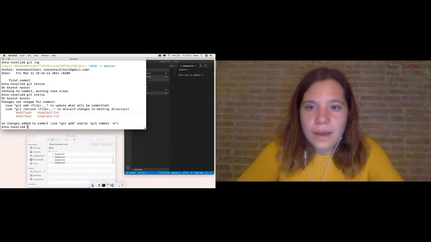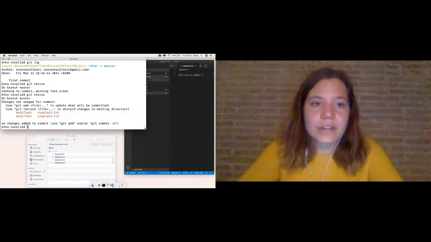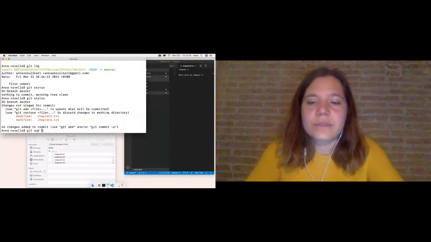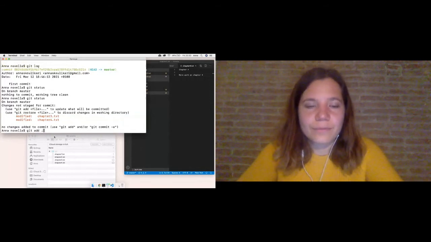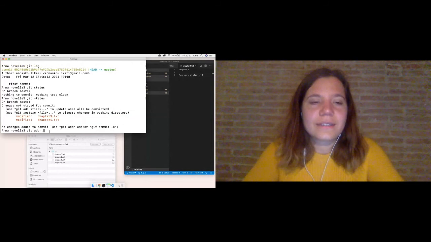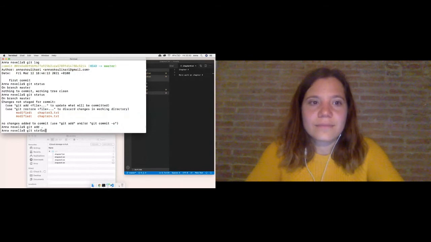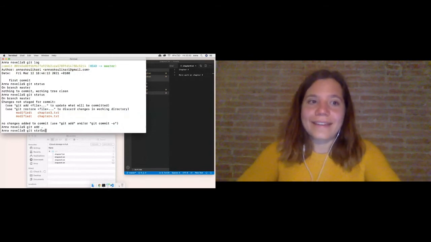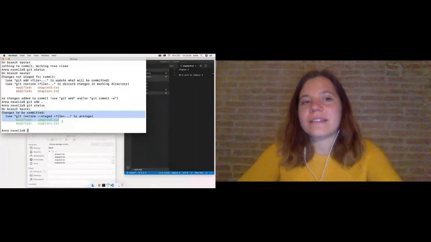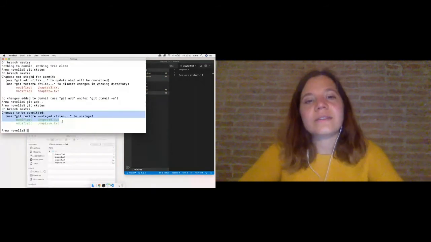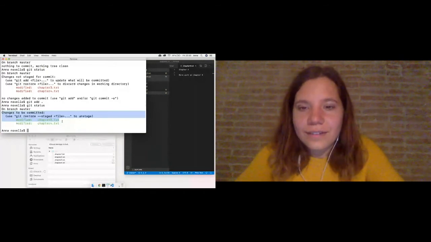So I'm going to add them both to my staging area. Like I mentioned last time, I'm just going to use a dot in order to not have to type out their full names. But I've added them to the staging area now. And if I use the git status command again, Git is going to tell me that these changes, these updated files, have been added to the staging area. So let's go see that in the diagram. All right.